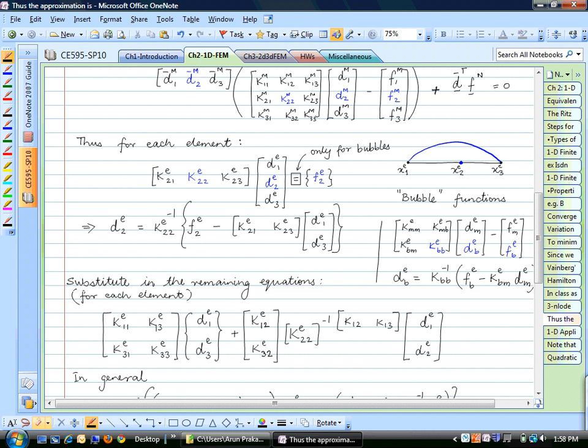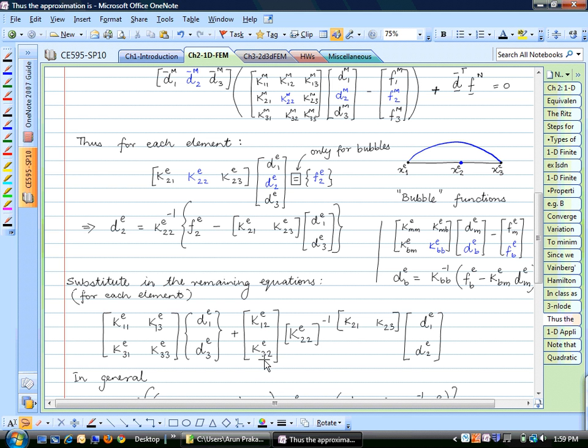And these indices should also be K21 and K23. So all I'm doing is collecting this term and this term multiplied with this. So that's right here: K22 inverse times K21 and K23 times the main mesh degrees of freedom. Okay? And all I need to do now is to take that, multiply it with KE12, that's right here, and